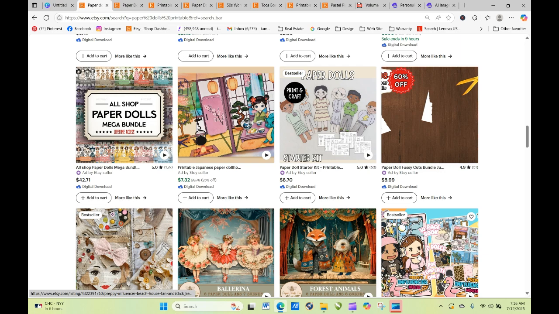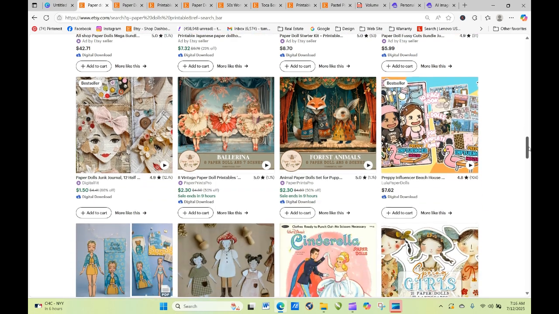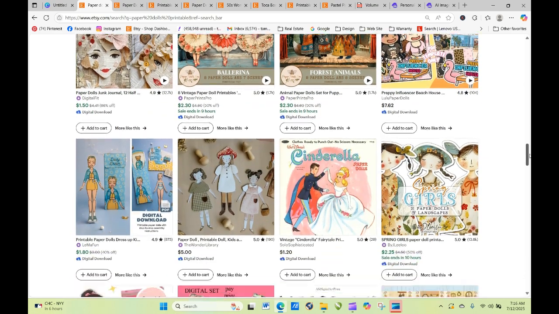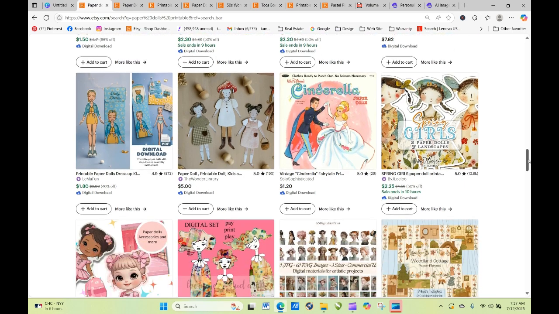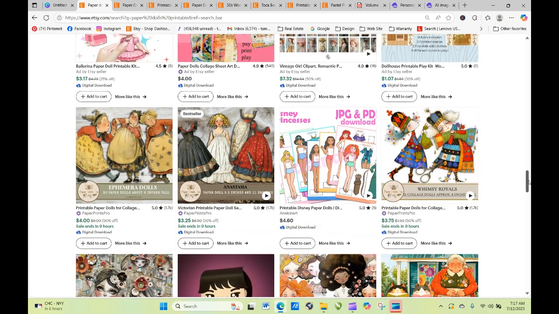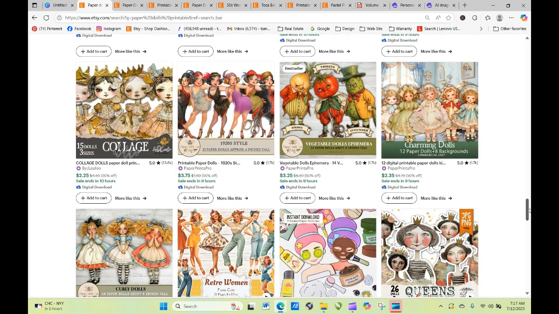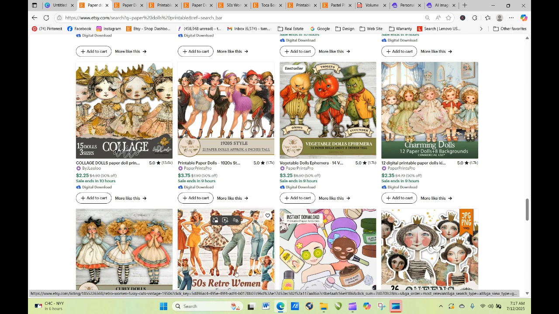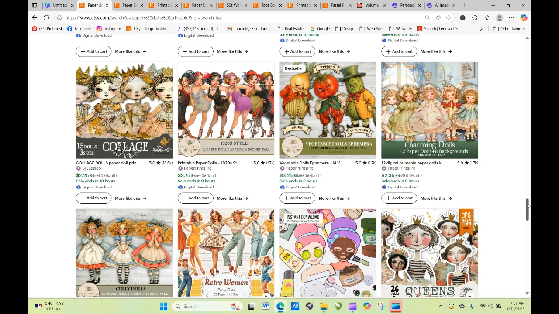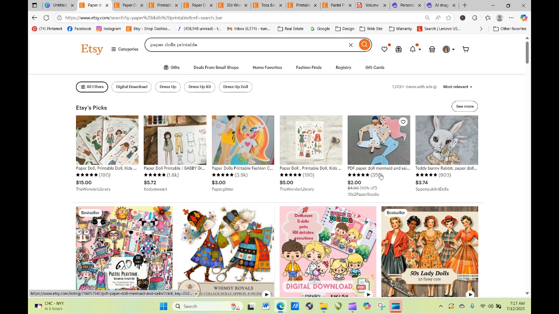So that's just a different way to look at how you want to sell your paper dolls. Many different ways to do them, through collages, through just the vintage look, the retro women, all those sorts of things. Okay, so now that we know several different ways that we could market them,